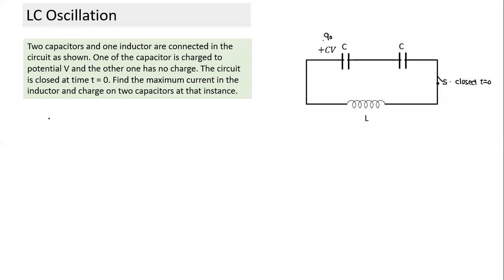How do you find maximum current? So far, every time we calculated maximum current, our method was that maximum current corresponded to the state when the charge on the capacitor was 0. That's what we used to do. Charge on the capacitor is 0, so the capacitor will have no energy, so entire UC was 0. So total energy we used to equate to 1 by 2 L i max square.